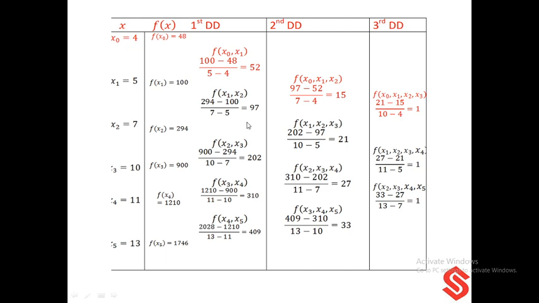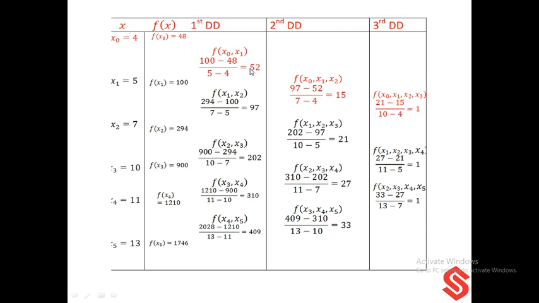Now let us construct the table. It is the divided difference table. So the values of x and next the values of f of x. We find the first divided differences, second divided differences and third divided differences as usual. As I said, either you write each divided difference, first the notation, then the values, then the answer 52 like this, or only write f of x naught comma x1 is equal to 52. So these calculations you can do separately and directly you can enter the values in the table, like f of